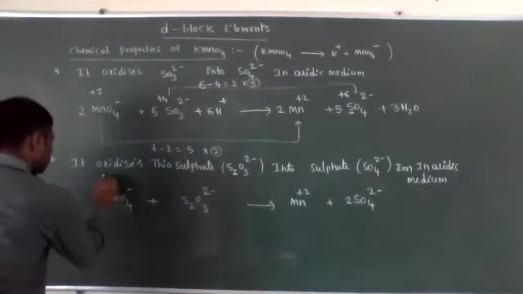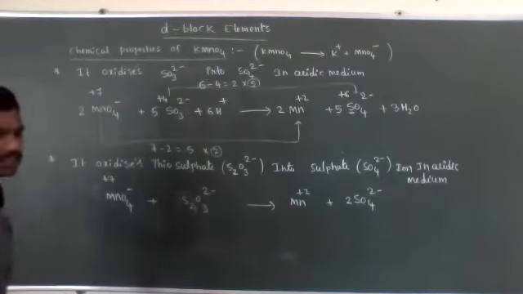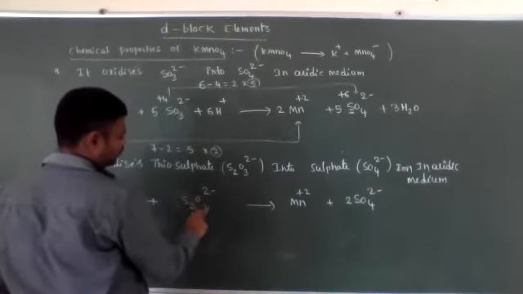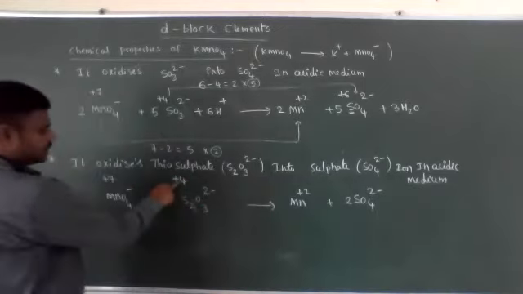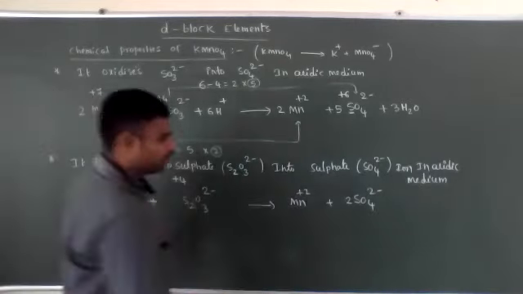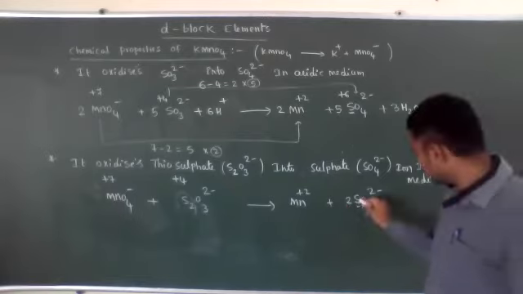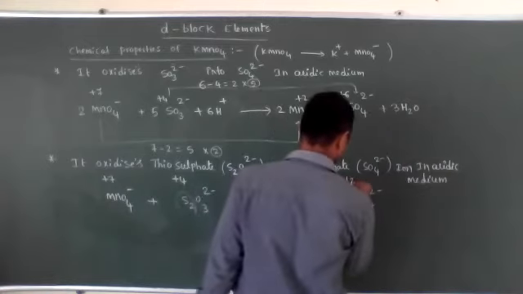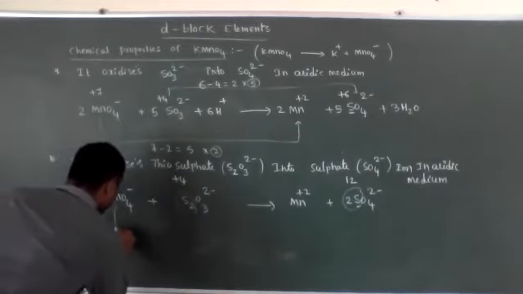Now the oxidation states here are plus 7 and here plus 2. What is the S2 oxidation state? S2 is here, X is equal to 6 minus 2, which means plus 4. So the total S2 oxidation state is plus 4, but each sulfur atom oxidation state is plus 2. Now here, 2 SO4 2 minus means 2 sulfur atoms, each sulfur is 6, so 6 plus 6 is 12. Now changing the oxidation states.